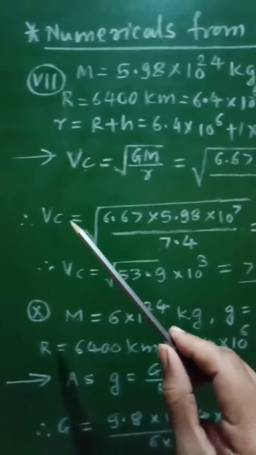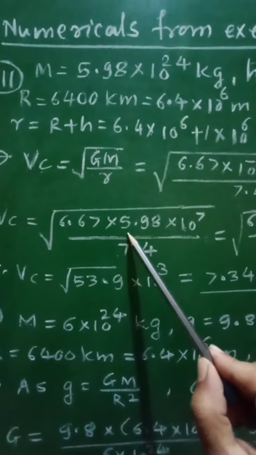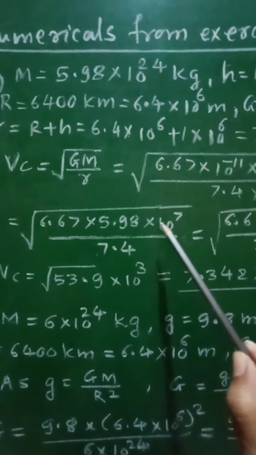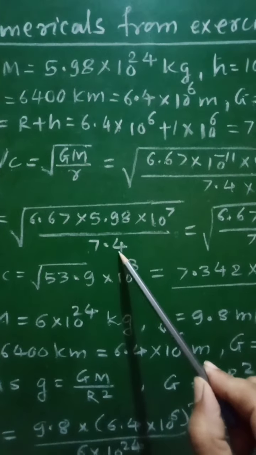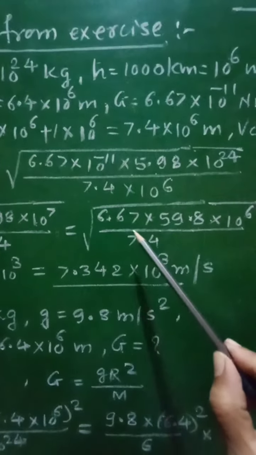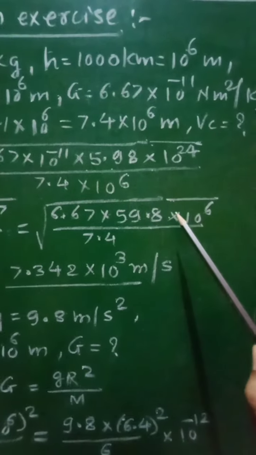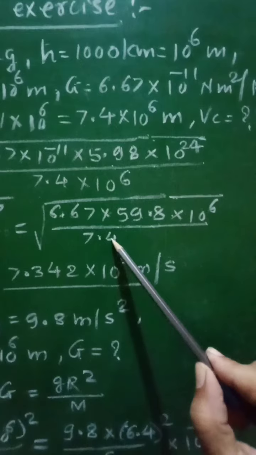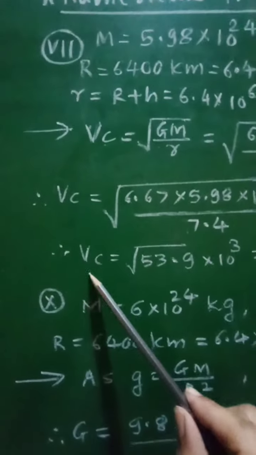Simplifying this, we will get v c is equal to square root of 6.67 into 5.98 into 10 raised to 7 divided by 7.4, which comes out to be square root of 6.67 into 59.8 into 10 raised to 6 divided by 7.4, which will be equal to